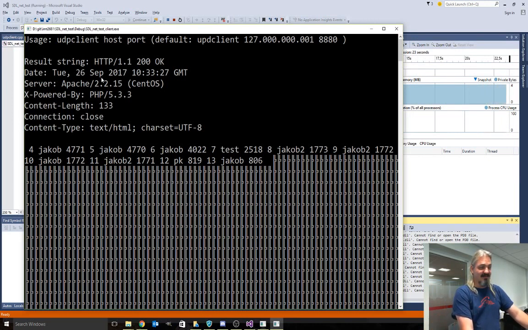It tells me the date that it sent me in text. It tells me that it's a 2.2.15 Apache server. So if I know I've got vulnerabilities on that, I could use that. It's using PHP 5.3.3. It's sending me 133 characters of stuff, and the connection's going to close, and it gives me the text HTTP and the character set. And then it sends me data, and then I get to this point, and then I get all of this